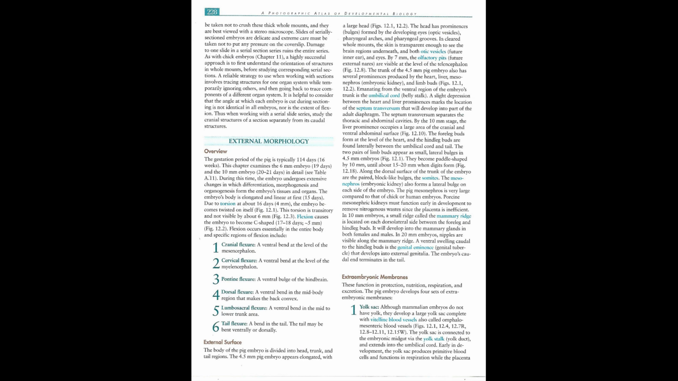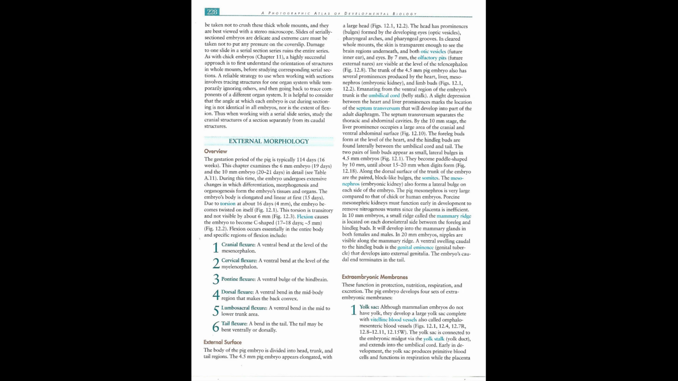External surface. The body of the pig embryo is divided into head, trunk, and tail regions. The 4.5 mm pig embryo appears elongated, with a large head, Figs 12.1, 12.2. The head has prominences, bulges, formed by the developing eyes, optic vesicles, pharyngeal arches, and pharyngeal grooves. In cleared whole mounts, the skin is transparent enough to see the brain regions underneath, and both otic vesicles, future inner ear, and eyes. By 7 mm, the olfactory pits, future external nares, are visible at the level of the